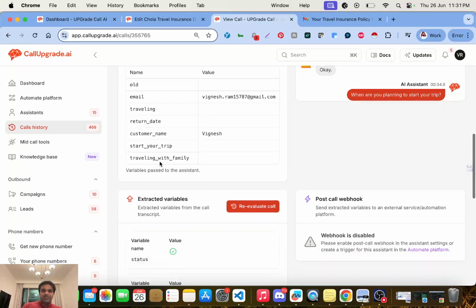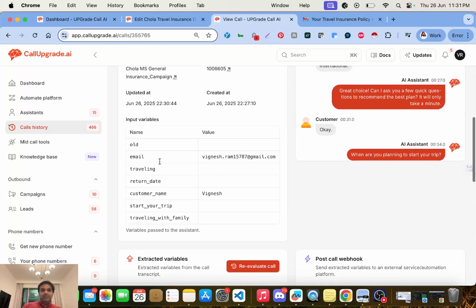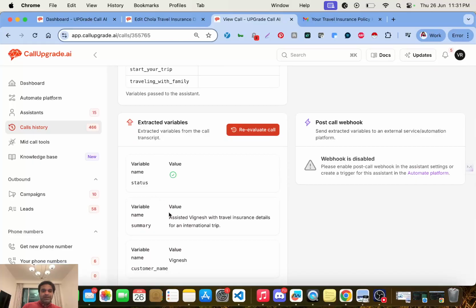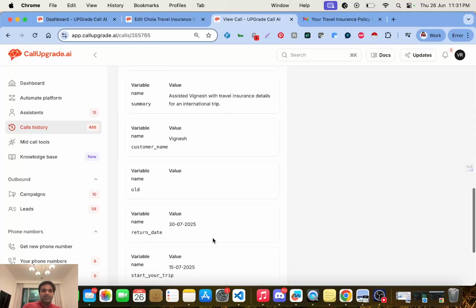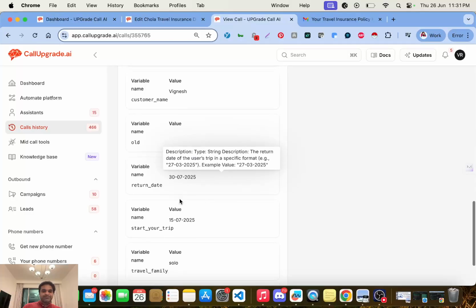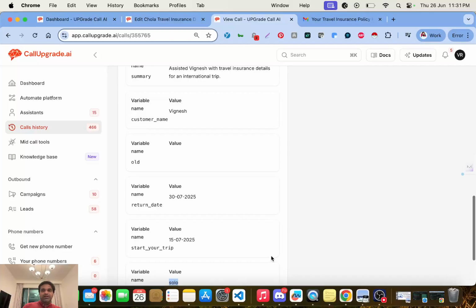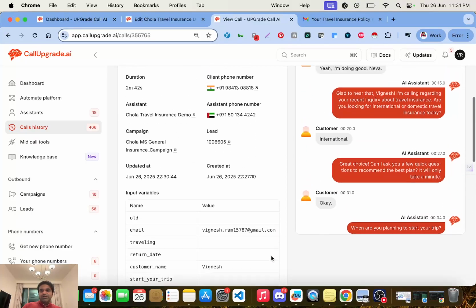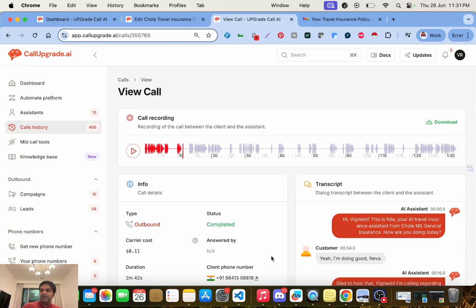So you can also see the variables that have been captured. So yeah, the summary of the call that assisted Vignesh with travel insurance details for an international trip. Then also the trip start date and return date have been captured, and that I'm traveling solo, and so on. So this data can be passed on to your CRM, and